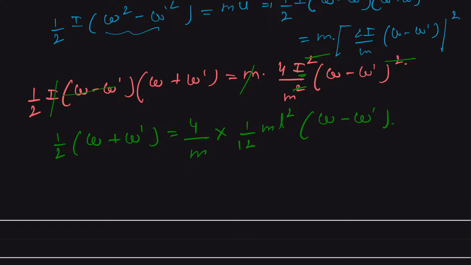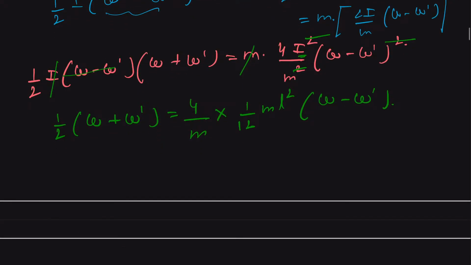So we can write this as, this will be coming as our 3 mass cancel with mass, and we get this as our 3 times omega plus omega prime is equal to, and one second,